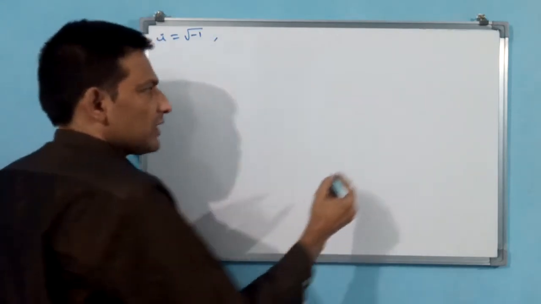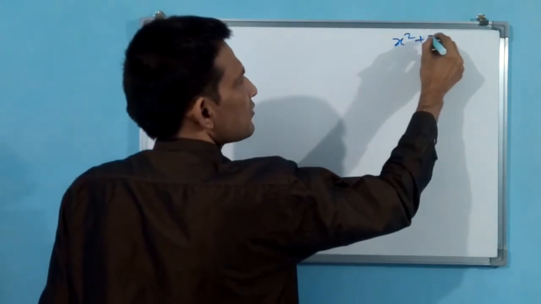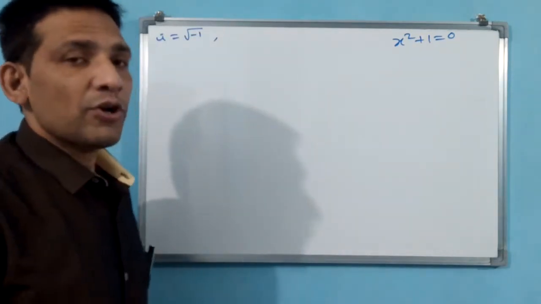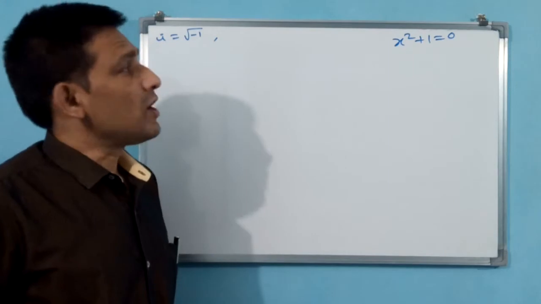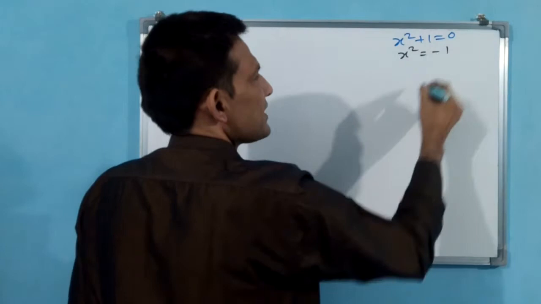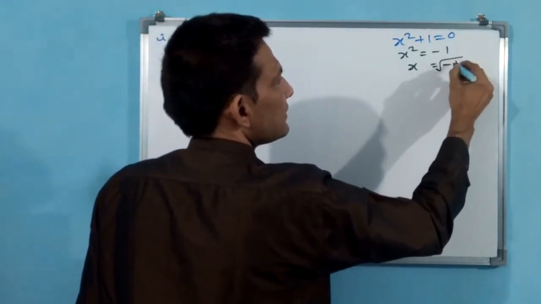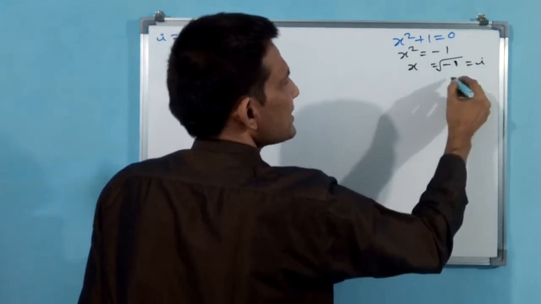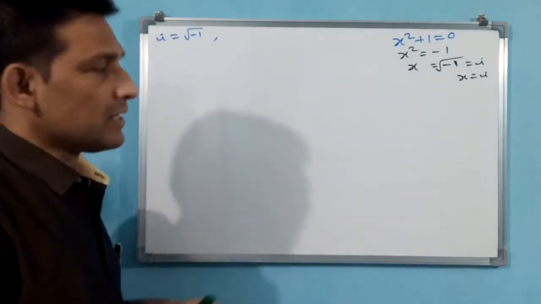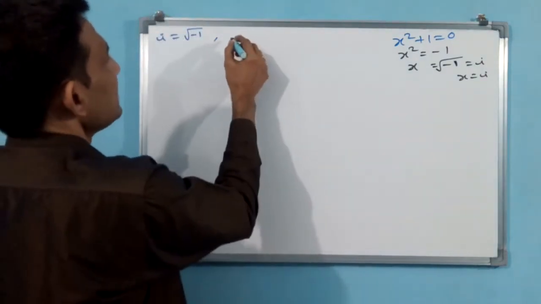See, we have also seen the quadratic equation. Say x square plus 1 is equal to 0 is there, one quadratic equation. Here you want to find the value of x. Now how can you find it? x square is equal to minus 1, x is equal to square root of minus 1. That means i. You can say x is equal to i, iota. Why? Because square root of minus 1 is i. If you go back, if you see x square, what has come? Minus 1. The same thing you write here.